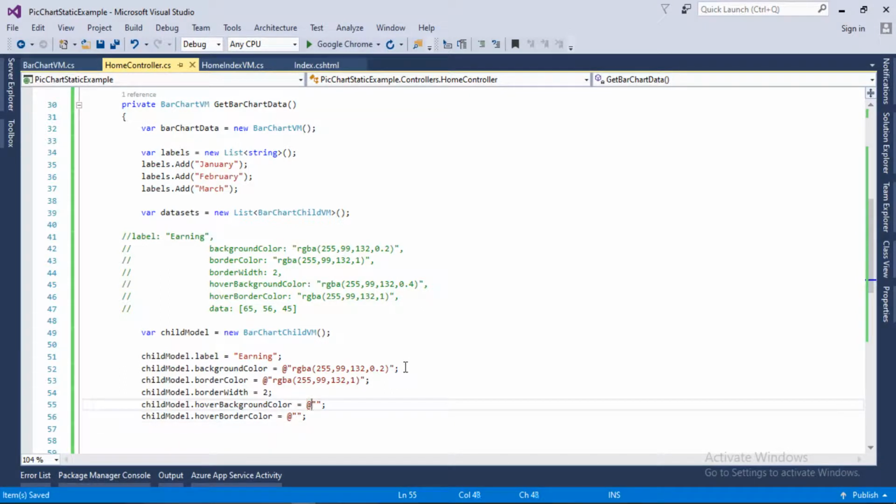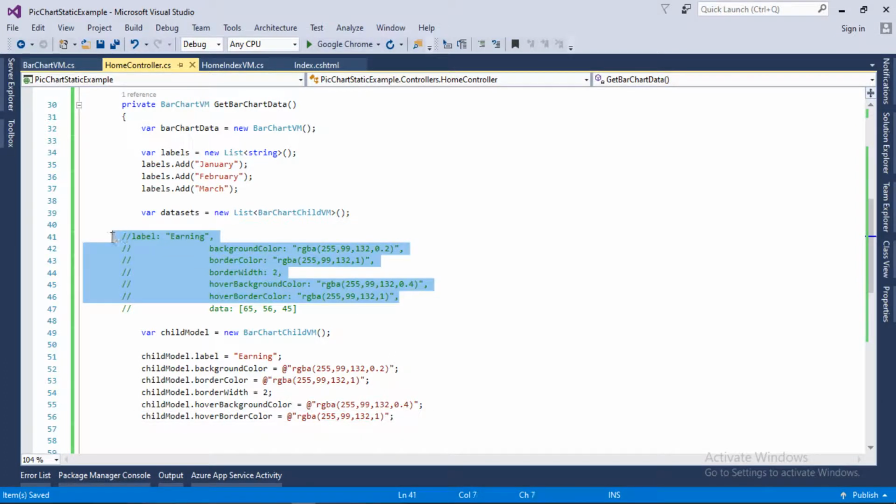And now we will provide the values as is here as well, RGBA, and it will be 255, 99, 132 and 0.4. And similarly here we will pass the values as well. So 255, 99, 132, 1. So that's it for this part of the video.